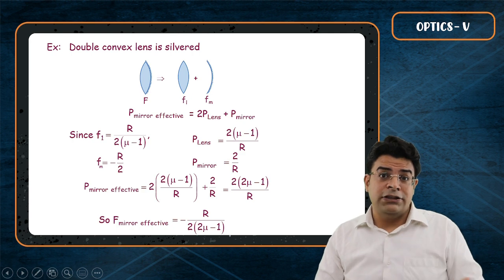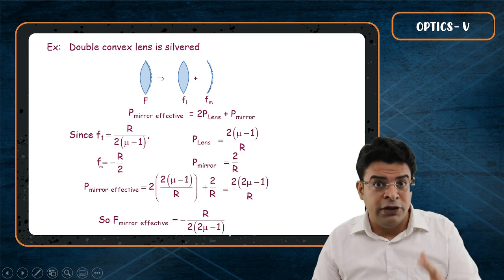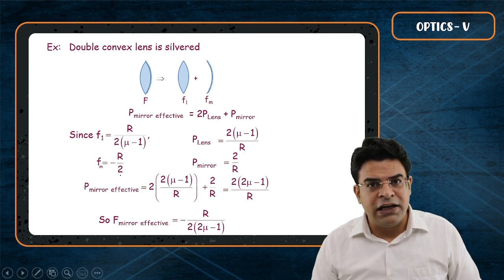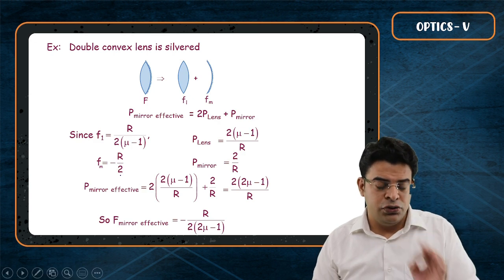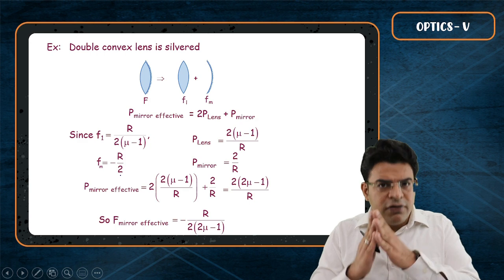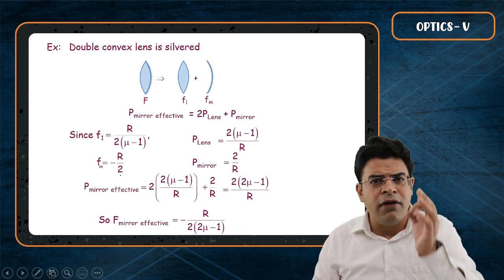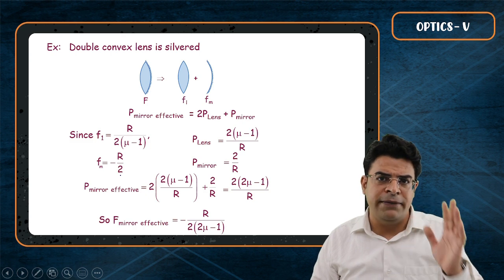My heart tells me to take 10, 12 examples so that you become good at the sign convention. But I do not have that type of time. So what I suggest is, people find it difficult, so master it. It's an easy thing. All you have to be cautious about is the sign.